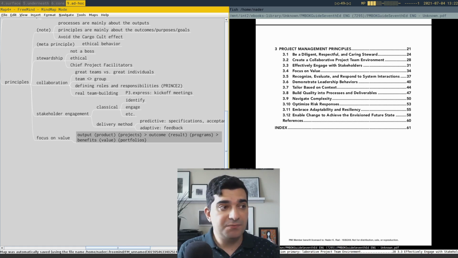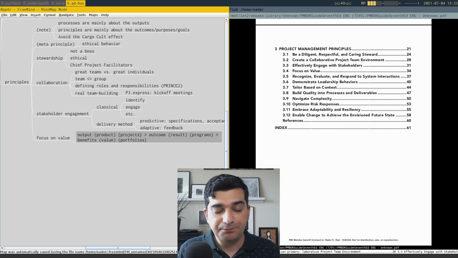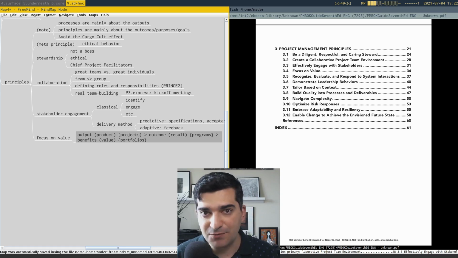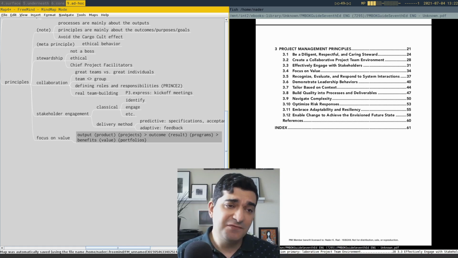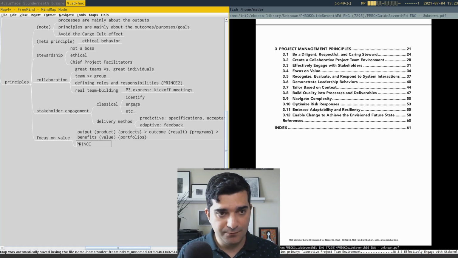We may not be going to have an adaptive project, but we need to understand why we are doing it and how it's going to solve a problem. When we do that, we can use that in our high-level decision making. And in fact, the focus on value principle in the PMBOK guide, it's more or less like the principle in Prince 2 of